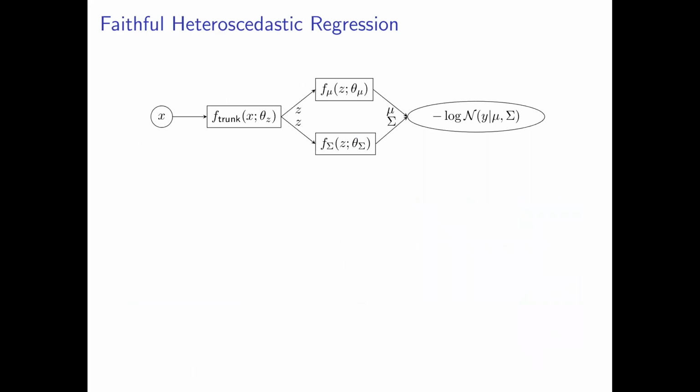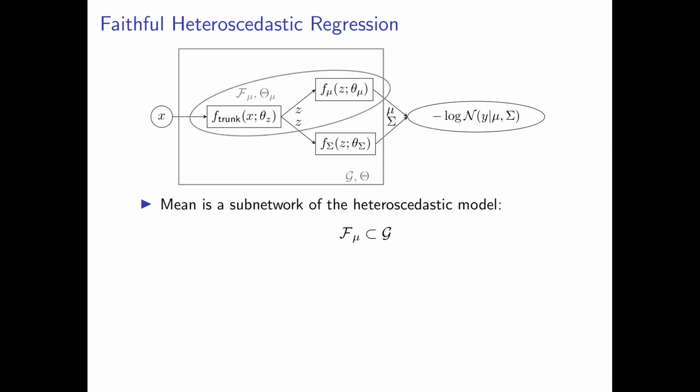A neural network that parameterizes a heteroscedastic regression model has 3 components. Representation learner f_trunc maps covariates onto some representation z that then feeds mean and covariance output heads. F_trunc can be the identity function in the case of separate mean and covariance networks, or any number of hidden layers. Similarly, the mean and covariance parameter heads can have single output layers or be deep networks themselves. This partitioning allows us to deconstruct the full heteroscedastic model G into its homoscedastic mean-only network F_mu by removing all computations that are not ancestors of the mean estimate.